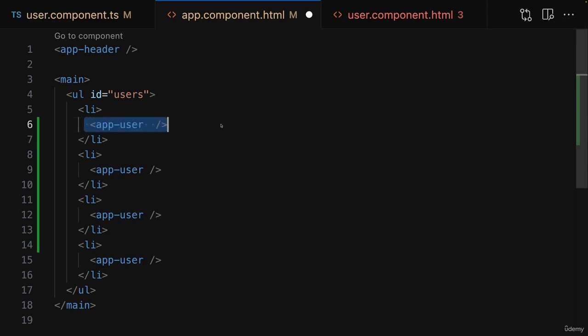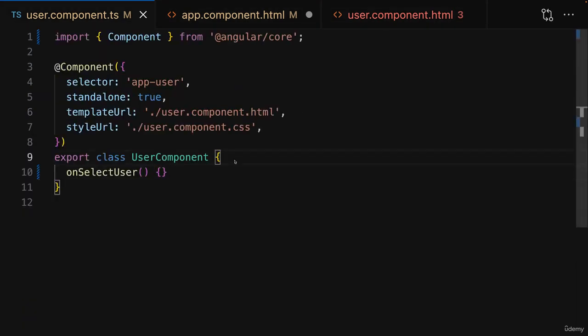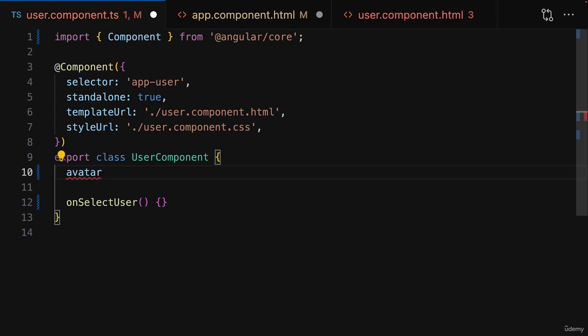To accept such inputs, such settable properties on your components, you have to go to the component that should accept the input, and then as a first step, add a property that should be settable from outside. For example, here we could say that we want to accept this avatar here, so this image of the user as an input. And we do that by adding a property named avatar, for example, and by then decorating it